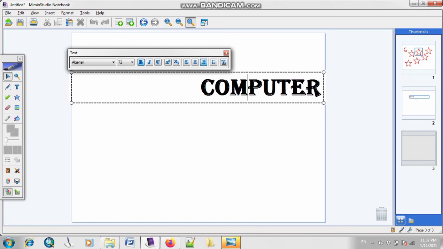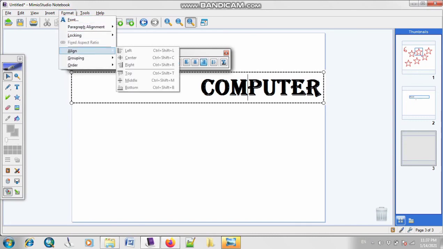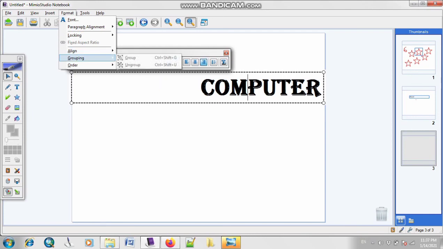It will be very useful and easy for you. If you are writing something and the student is doing some practice, then you can lock your different elements or different objects, so that there will not be any kind of changes you have made. Okay, now the next option is, this is again your alignment, right, left, center. The next one is your grouping. So grouping is also very important.